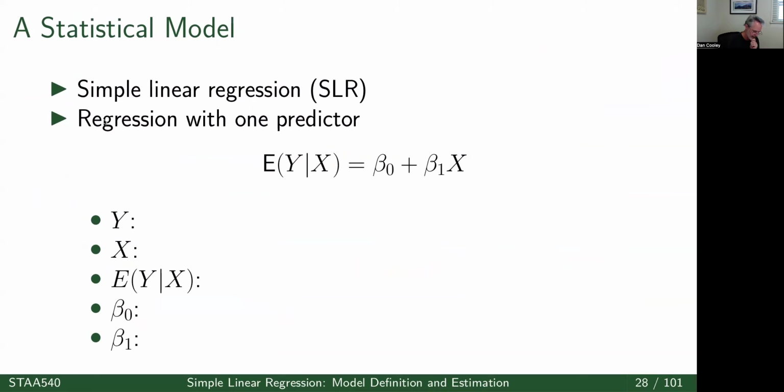Okay, so this is a way of thinking about our simple linear model, and perhaps more generally, it's a way of thinking about regression. So we have this expression here. This makes sense to us because